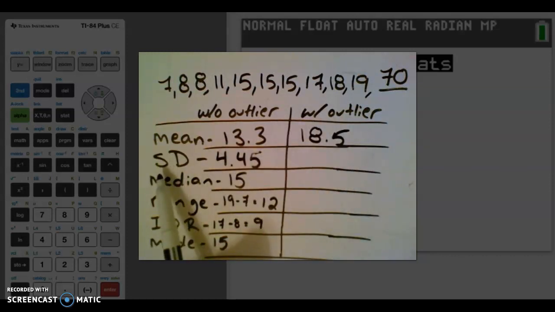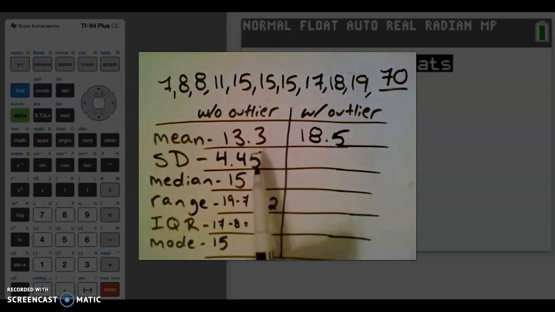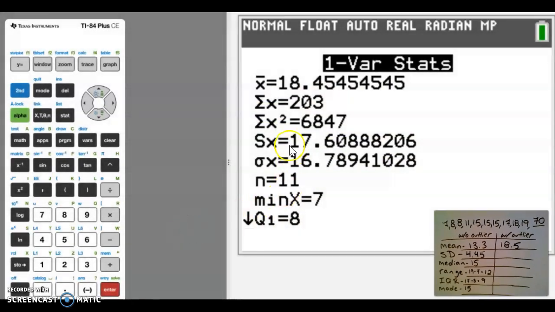Okay, the same can be said for standard deviation. Remember, standard deviation is how spread out the data is. So the data was roughly 4.45 units away from the average. That's saying the average is somewhere here and then data points are spreading out. As the mean changes, the standard deviation will always change. So let's go see what happened to that guy. All right, Sx is now